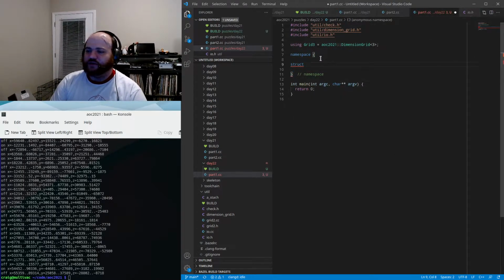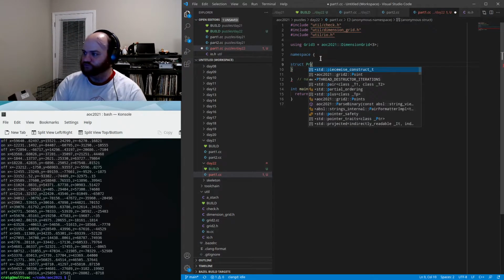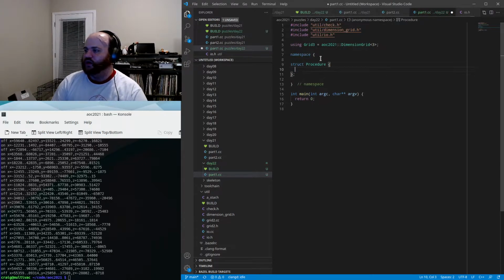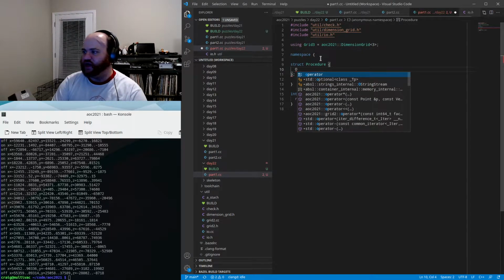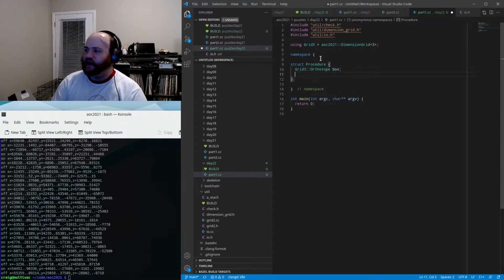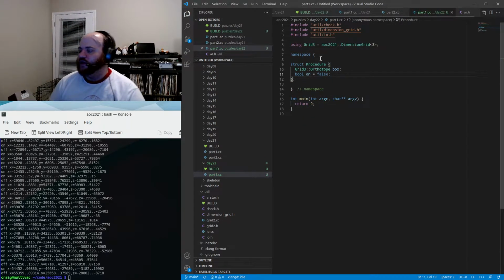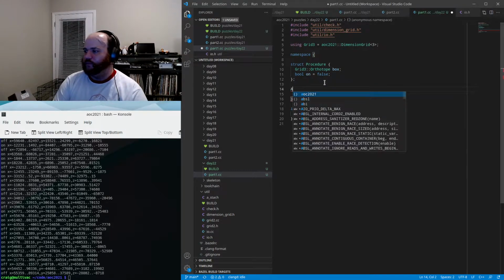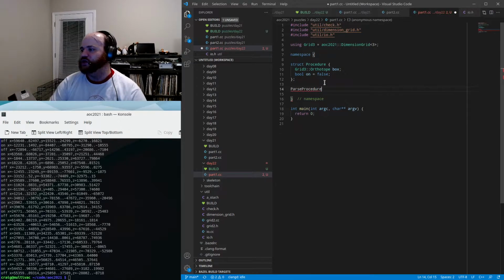Okay, so we're going to have a struct that represents a procedure. And in there, we're going to have a bounding box in x, y, and z that is going to be an orthotope, which is just a fancy word for a hyperrectangle, basically. And a bool for on or off. And then we can write parse procedure, which returns a procedure parsed from